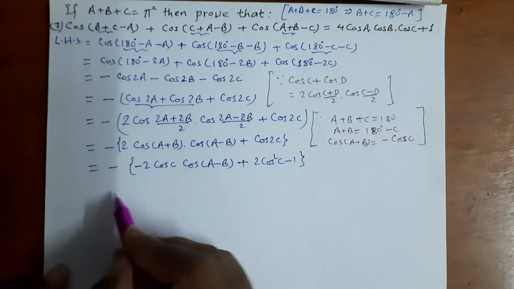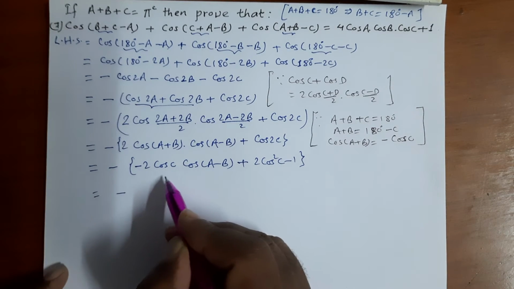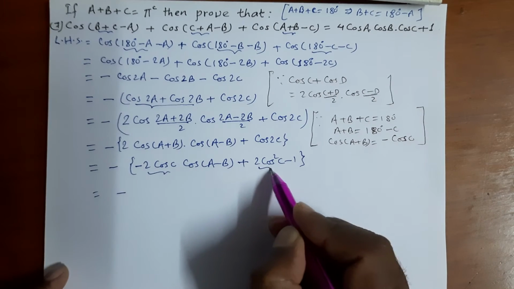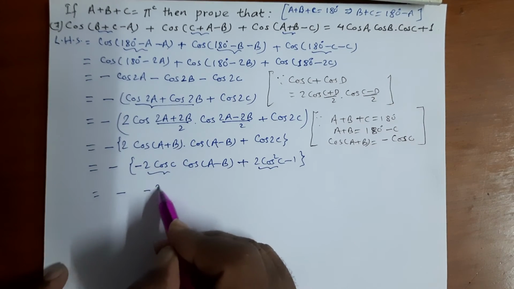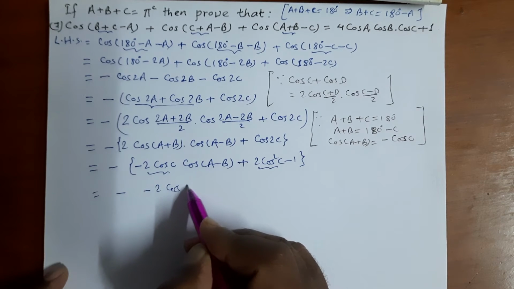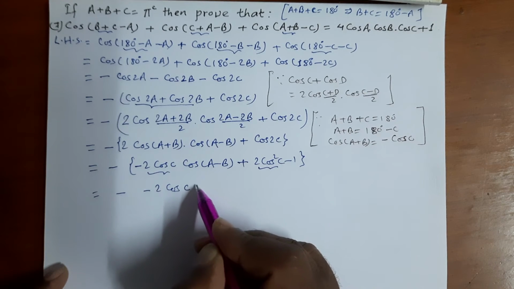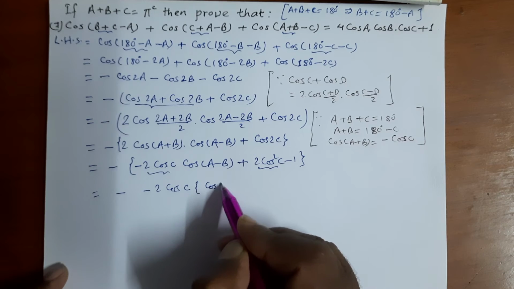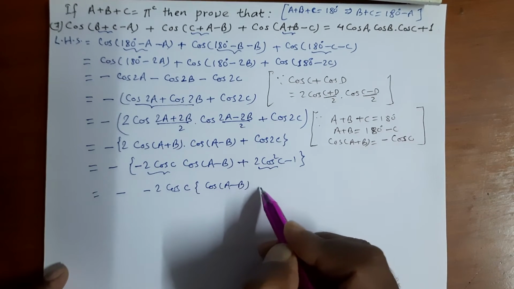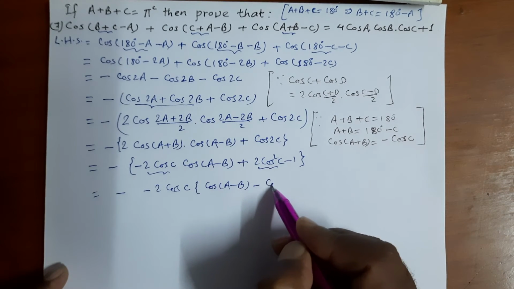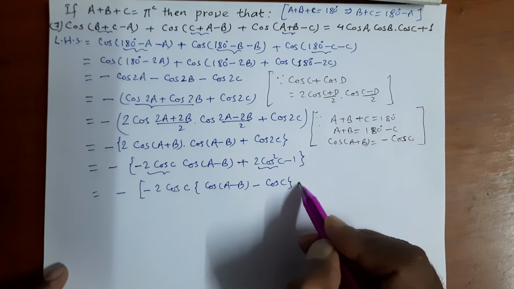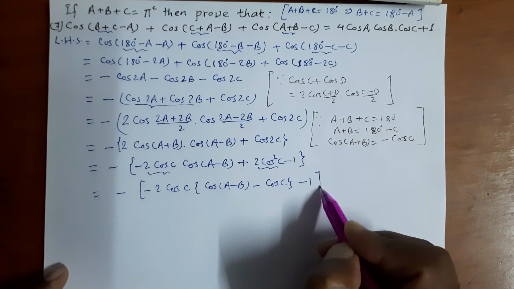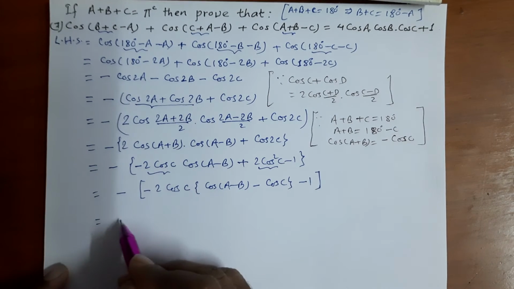From this we can take out minus 2 cos c common, and there remains cos(a minus b) minus cos c. At last we have minus 1 also there. So minus,